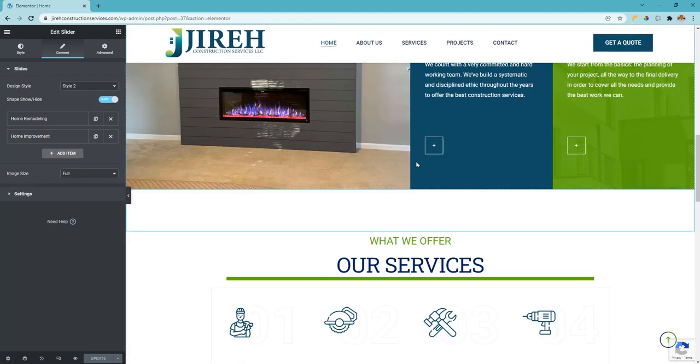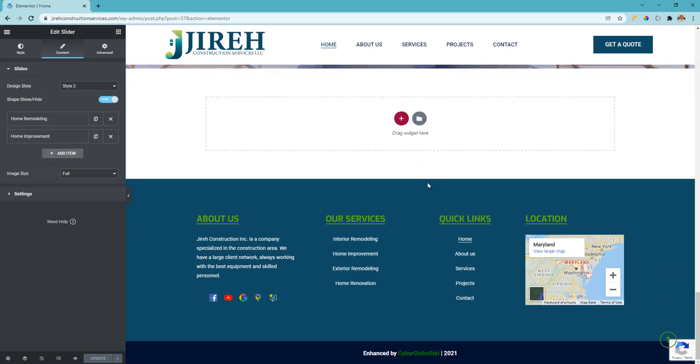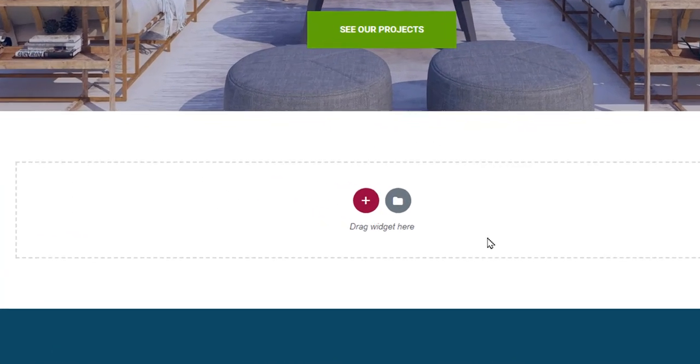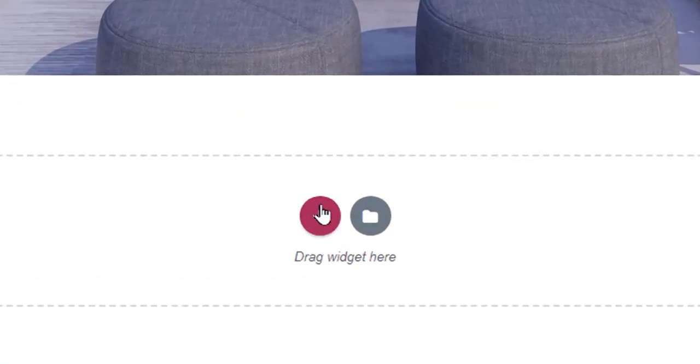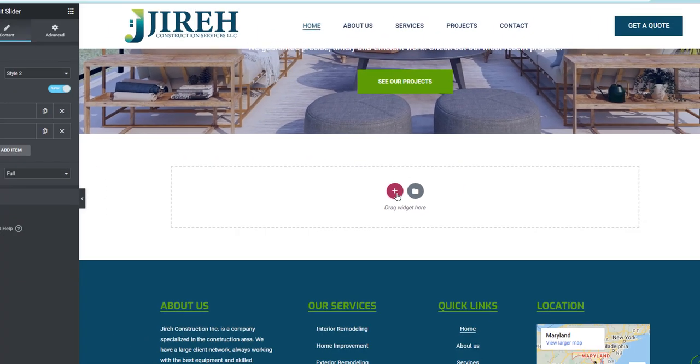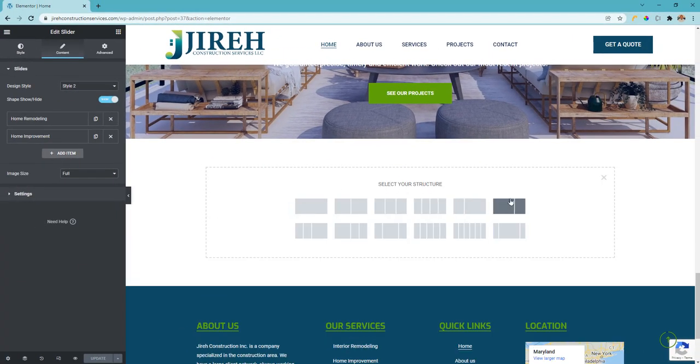First, you have to go to the bottom of the page, and here you'll see this little section, and you have to press on the plus button, and you have to choose which layout you want to create. For example, I will choose this one,